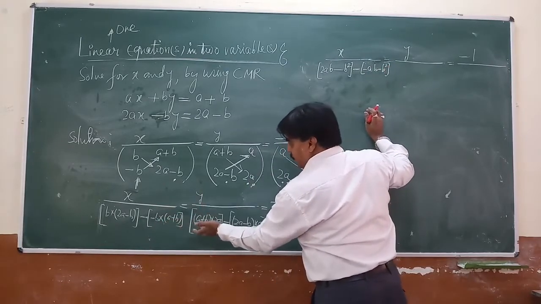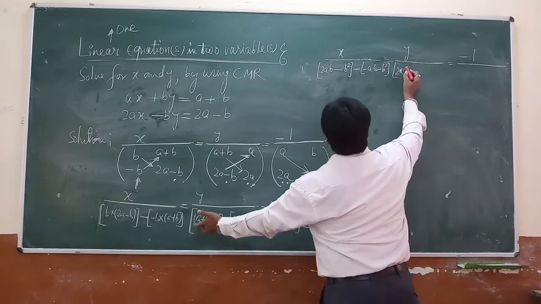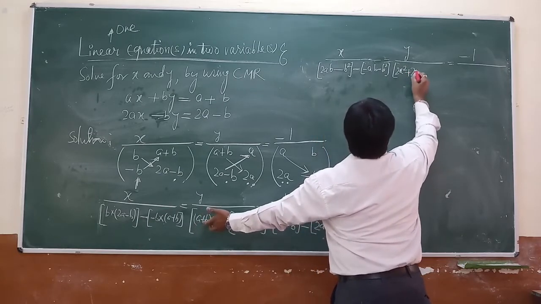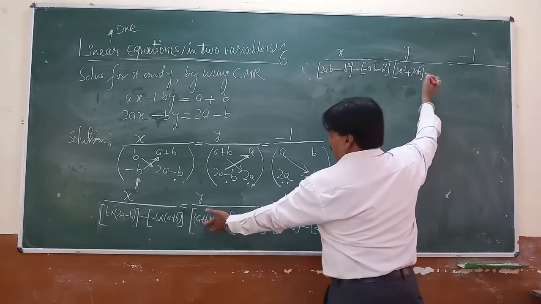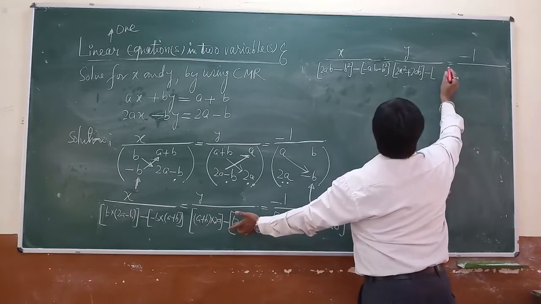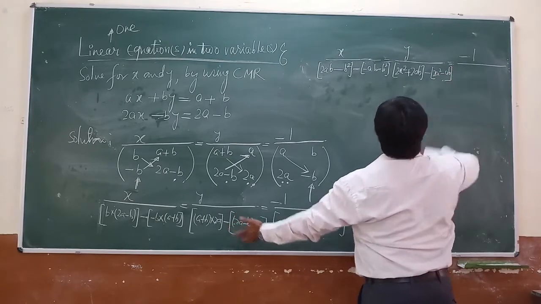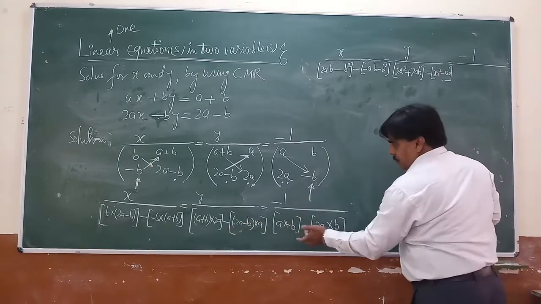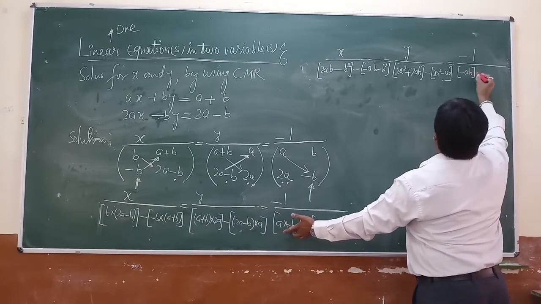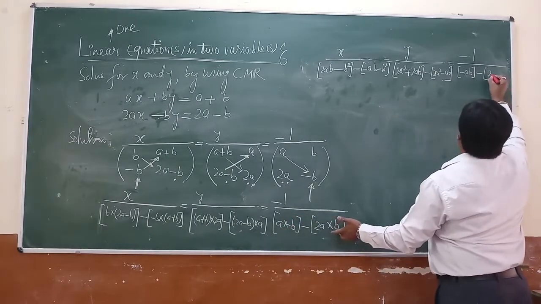Similarly for y, multiply this a plus b with 2a, so this is 2a into a is 2a square, then 2a into b is 2ab, minus this. Now multiply a with this one, so this is 2a square minus ab. For this minus 1, a into minus b, keep in bracket, minus ab, minus 2a into b, that is 2ab.